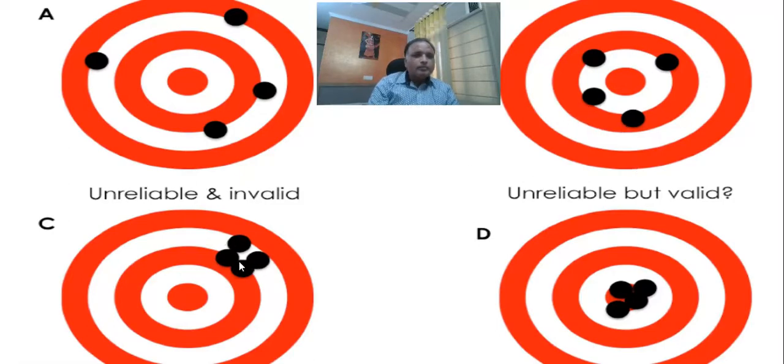Here they are very close. They are reliable because they are together capturing a particular dimension, but not valid because still they are far away from this. So this is reliability and validity. In a simple manner you can understand that reliability and validity is about whatever indicators, whatever questions, whatever measurement, whatever scale you have, is it really capturing the main construct, right? So you design and develop a questionnaire for what?